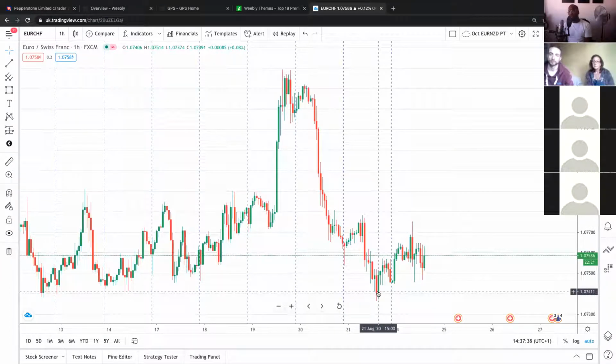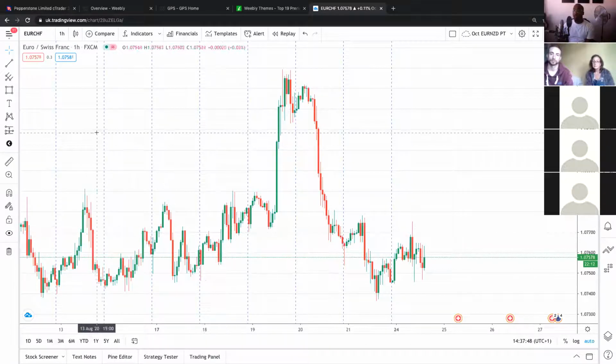And now what's happened is it's come out and it's retested and it's come down. So this is suggesting a change in momentum. So this should be a bearish market. We should be looking at this as bearish. For how long? Not too sure. So what this would mean is that actually